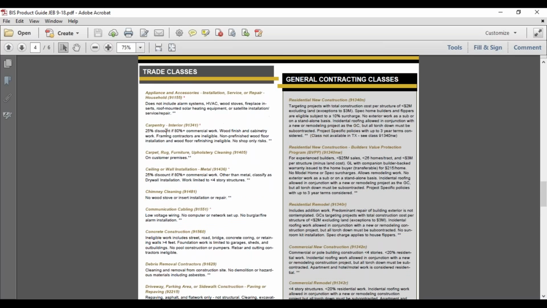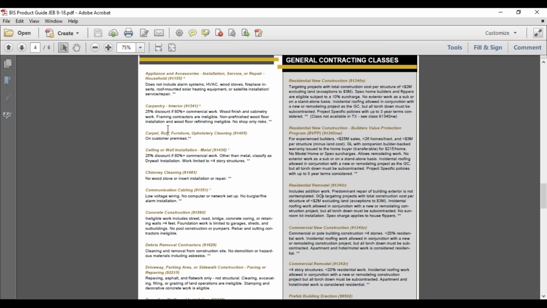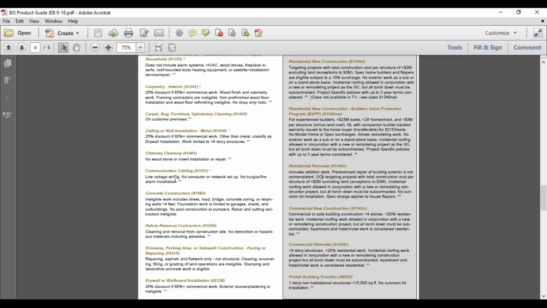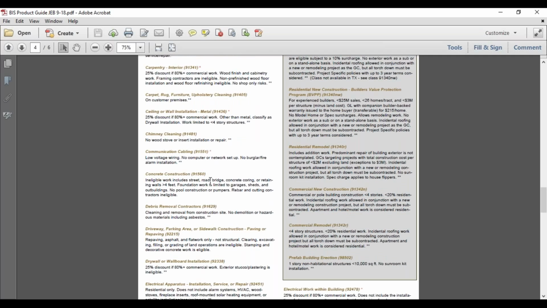Let's skip over to the trade classes. The trade classes are pretty simple. What we write the most of are your carpentry interior guys. So, for example, the cabinet guys and the wood finish guys. We are not framing contractors or siding contractors are not eligible. We do write a lot of that. We write quite a bit of concrete guys, not the bridge work or any of the